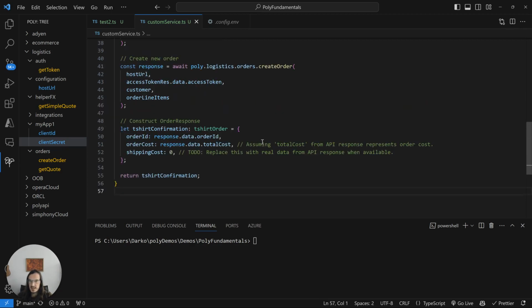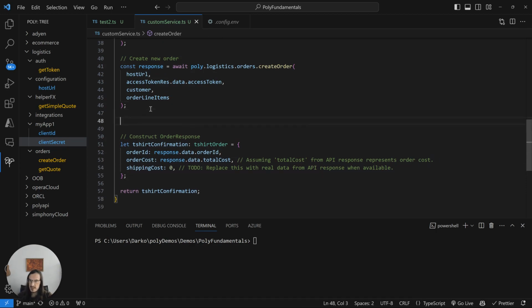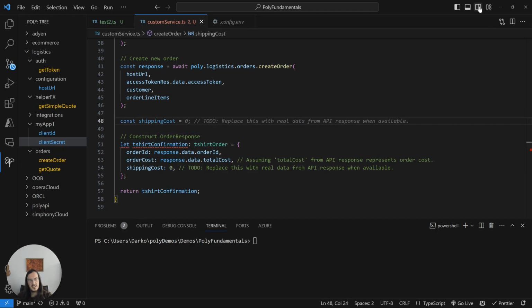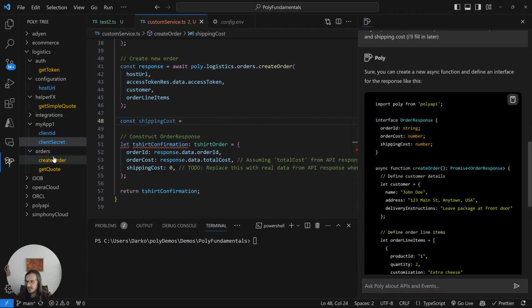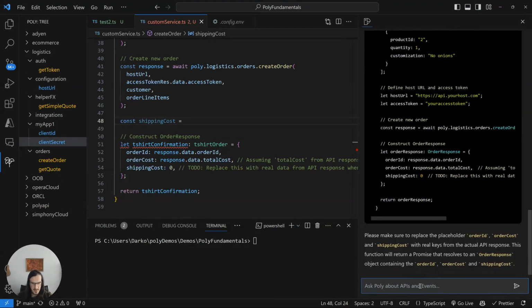Cool. And then let's see here. We got total cost coming in, shipping costs. See, I told it I would do this later, so it has it as a 0. So let's go ahead and actually do this. So let's say const shipping cost. And then here, I'm going to go ahead and lean on the AI assistant again to help me find a function. Again, here I have like 6 functions total, so it's not hard to find it. But just for the purposes of the demo, I'll say something like how